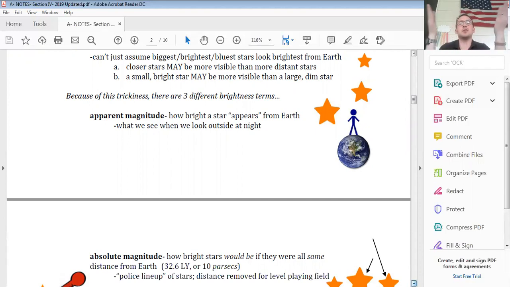We see this on our star charts. We see this when I used to bring down the lights in the planetarium and put the stars on the sky. You see this every night that you go outside and you look up. This is apparent magnitude. The root word is appear. This is how bright stars appear because they are at different distances from us. So in this diagram here, I made it simple, but you can see the stars that are closest to our little dude or dudette appear brighter than the ones which are farther away.